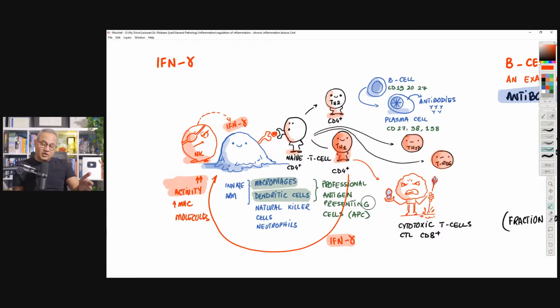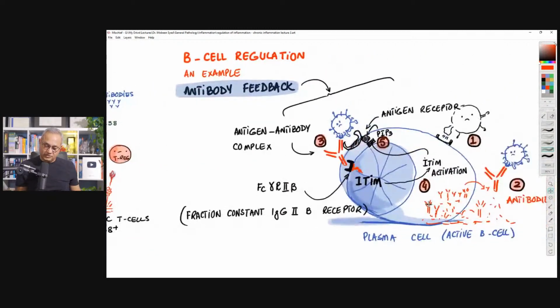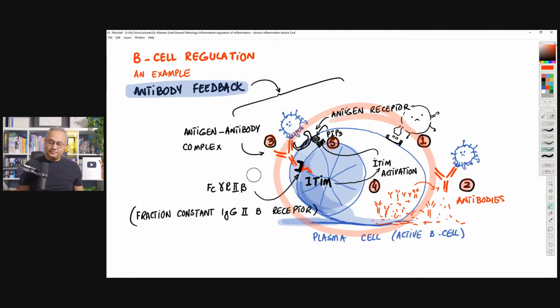There is a cytotoxic part of the acquired arm as well. We're talking now humoral arm. And what a beauty this mechanism is. Check this out. Here is a B cell. This B cell has become active. And because of that, it looks like this little pregnant cell because it is making antibodies. Its cytoplasm is more and the nucleus is pushed to one side. This is like a little factory where things are being made very fast. Everything is moved to a side and the place is made available for the products that are being made. Because of that, this cell looks like this.